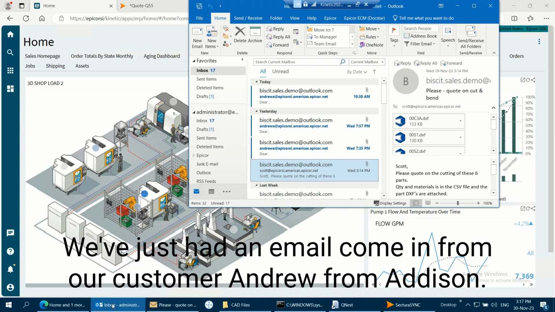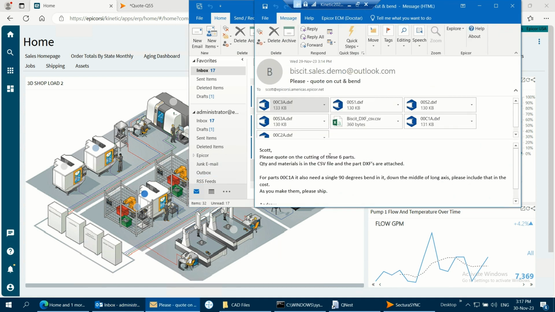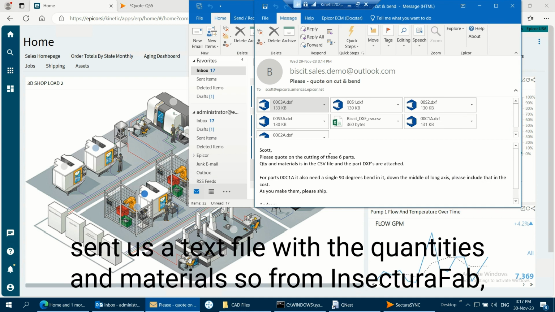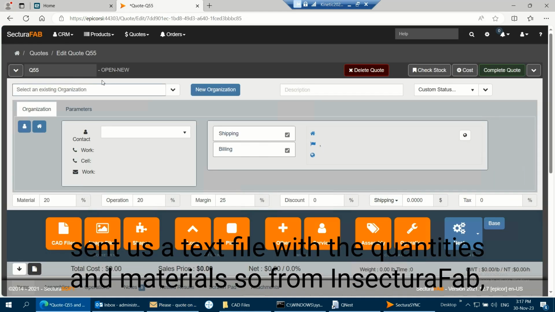We've just had an email come in from our customer, Andrew from Addison. In it, he's sent us some CAD files, asking us to quote on 6 parts, and sent us a text file with the quantities and materials. So from Sectura Fab,